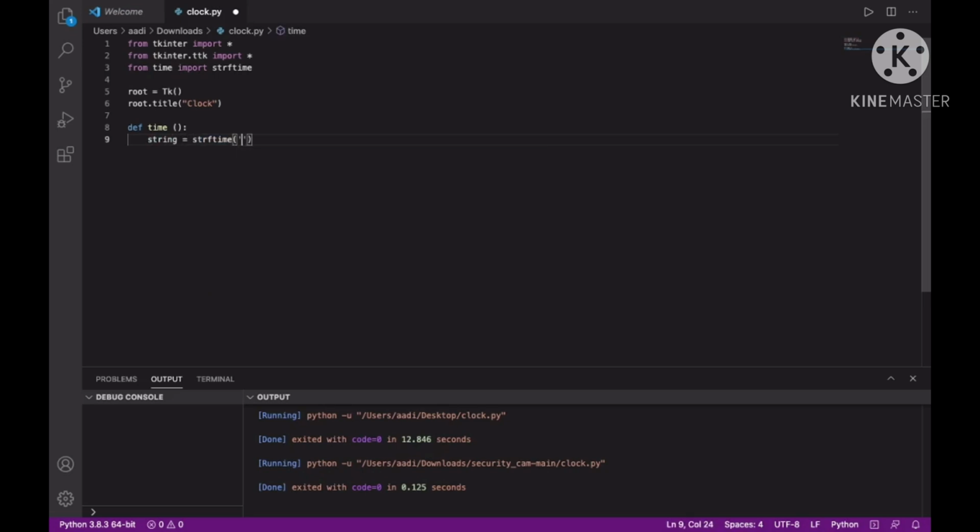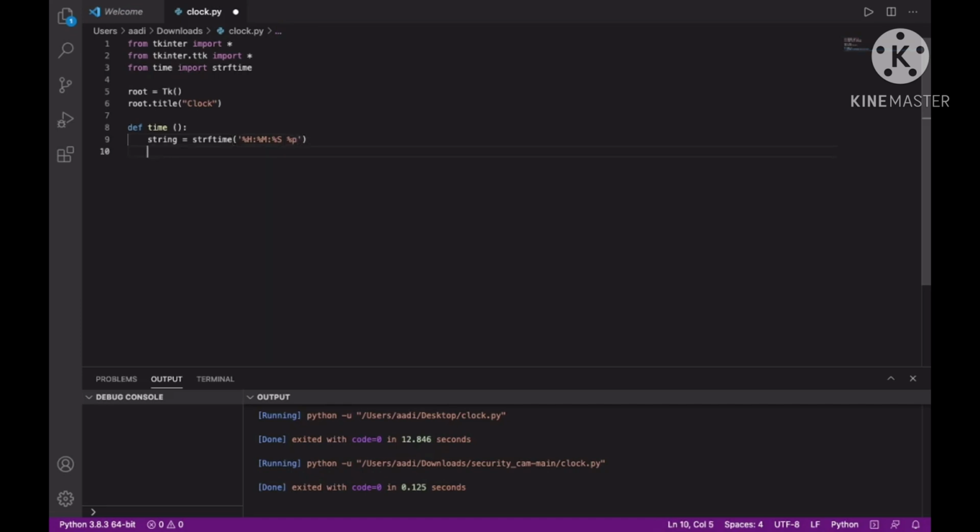You can use any format you want. So right here sign of percentage H, then colon, sign of percentage M, then colon, sign of percentage S, and that's all. We also have to specify the AM and PM, so we can use percentage p after a space.